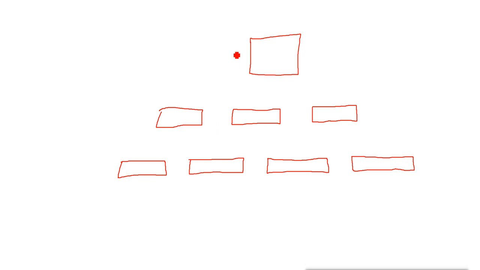In these layer designs, the first layer is called the core layer. Then we have the second layer, which is the distribution layer.